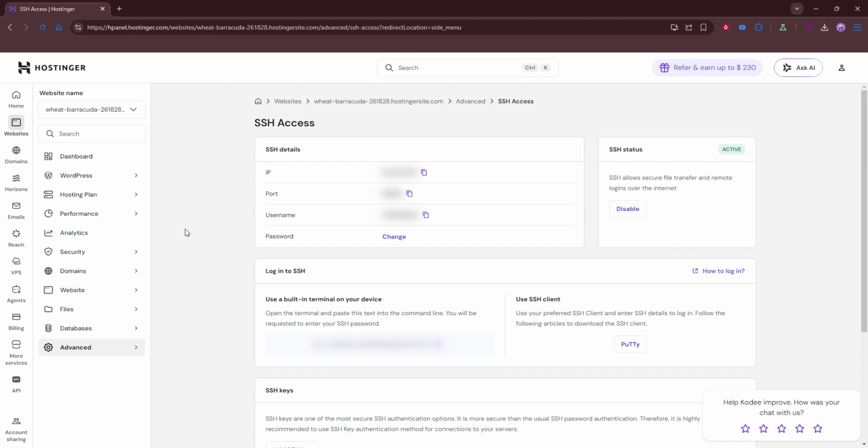Start by opening your command line. On Mac or Linux, open Terminal. On Windows, open PowerShell. We'll run a single command to generate the keys. Type ssh-keygen and press enter. This tool creates two files, a private key that stays on your computer and a public key that you'll upload